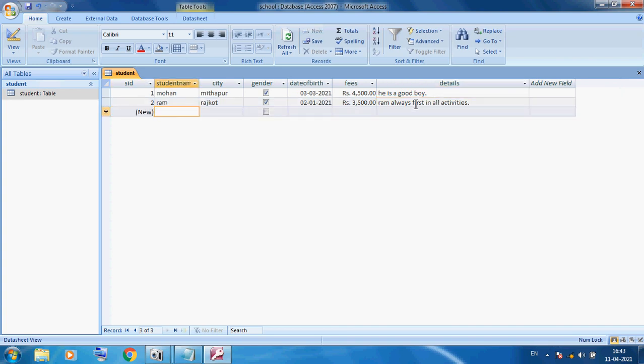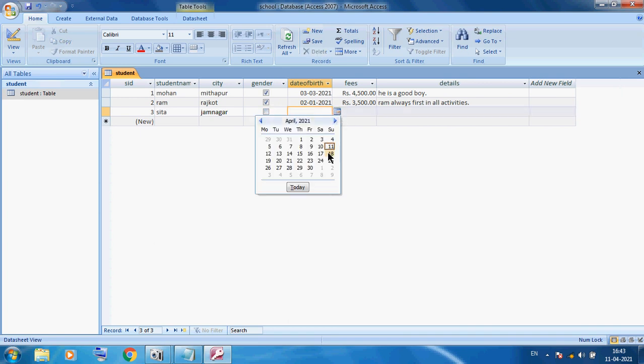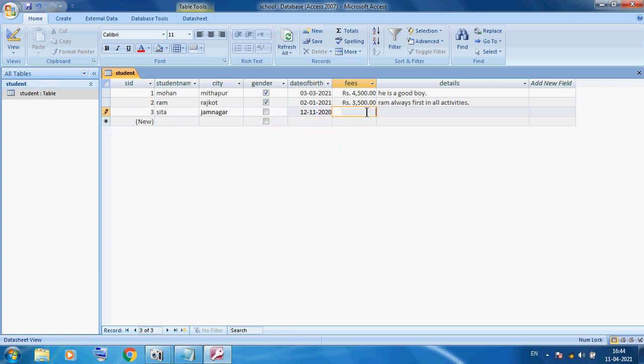Now here I am using Sita, and we can use, suppose, Jamnagar. Okay, now this is female, so she is female, so there is no need to tick, because untick we will imagine she is female. Now date of birth we can consider, suppose here we can use a date of birth. Okay, now fees we can use 2,000, and Sita always